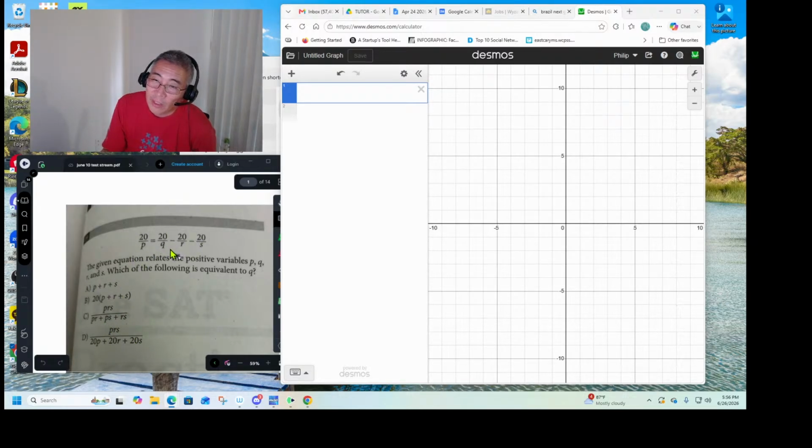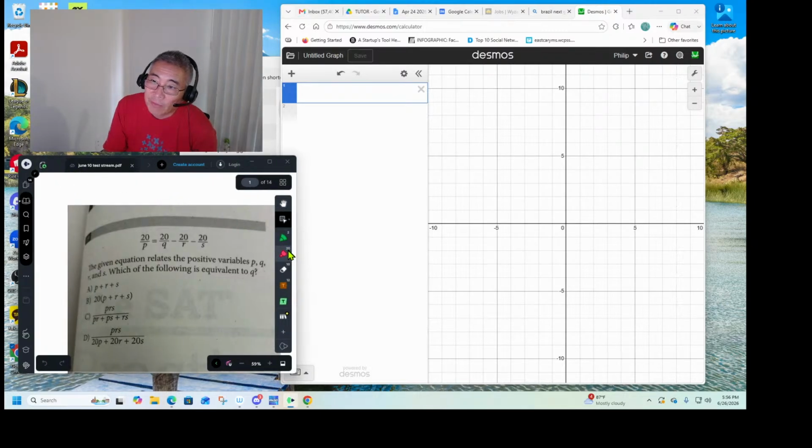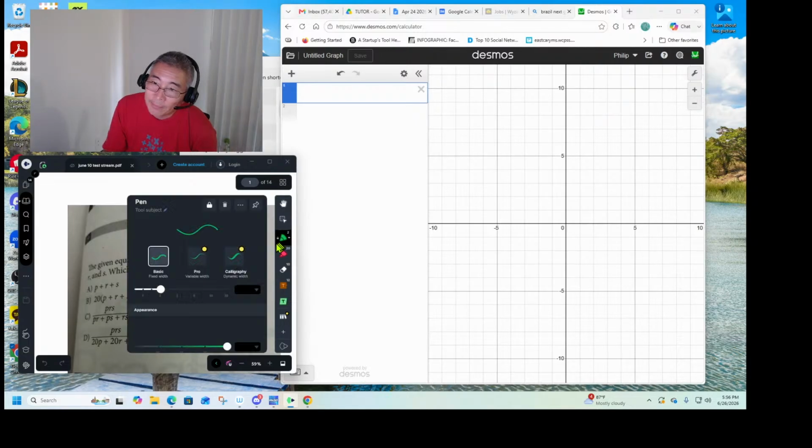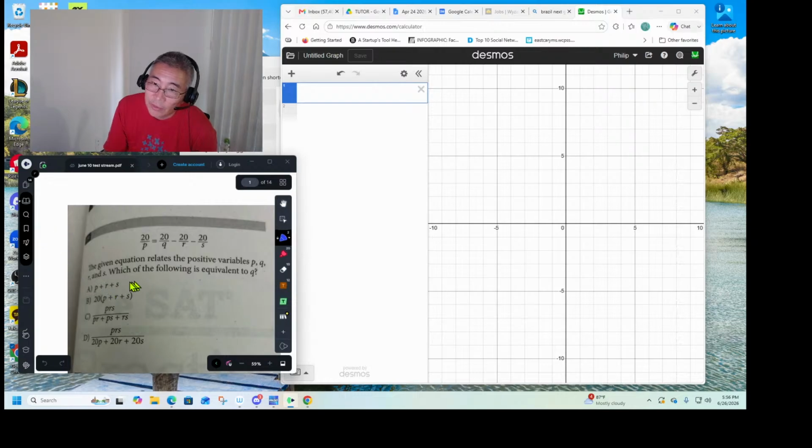So what they think you're going to do is they think that you're going to do algebra and solve for this q here. But one alternative way to solve this is to graph each one of these and to see which one lies exactly on top of the other one, and those two are equal, right? Now, when you graph something on Desmos, you have to have an x or a y variable, preferably y. So since they're interrelating all these with q, like this is equal to q, this is equal to q, etc. So what we can do is we can